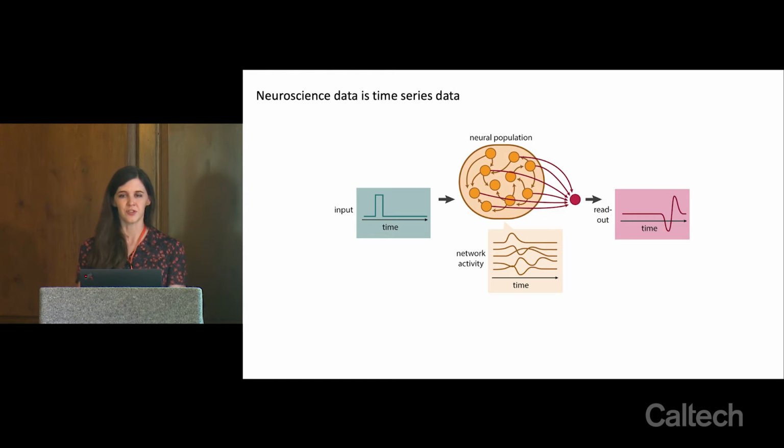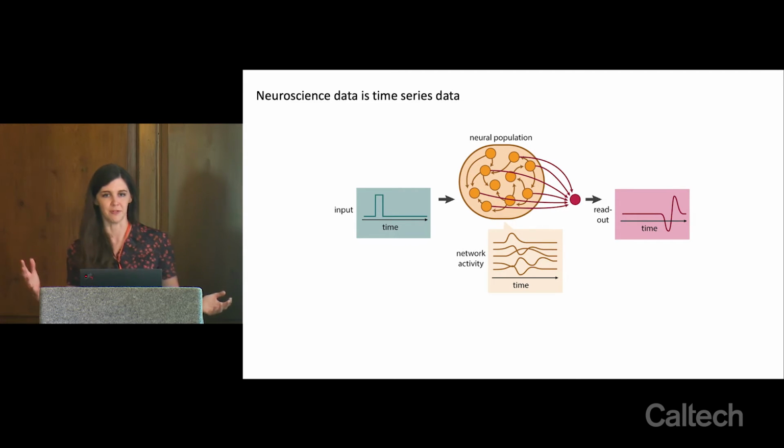And one of the advantages of this temporal complexity is that you can have readout neurons elsewhere in the brain that can sum together the activity of different individual cells and produce arbitrary transformations of their input. So there's a nonlinearity here, not just in scaling the input to the neural population, but also shifting and transforming that signal and stretching it out over time. And this is something that's really fundamental to individual neurons and neural populations, is that they apply this temporal filtering to their inputs that they receive over time, and that is a big part of what allows our brains to do the things that they do.